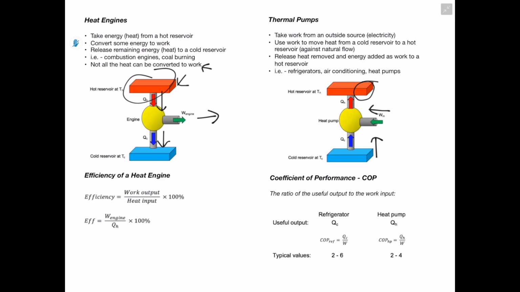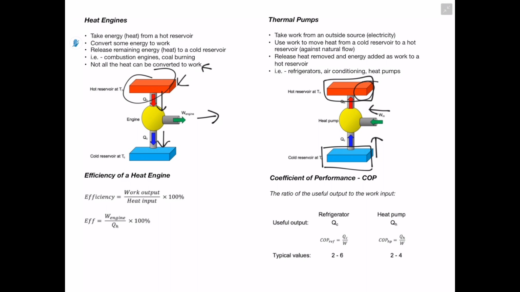And examples of this would be a refrigerator or an air conditioner and heat pumps. And basically, just to explain with maybe a refrigerator, the actual inside of a refrigerator would be this cold reservoir, right? That's what we want to get cold. And basically, using electricity, we're going to pump as much heat out of the inside of the refrigerator, and that heat is going to get pumped directly into our house, or wherever we have our refrigerator. Basically, we just want that hot air out of the cold reservoir,